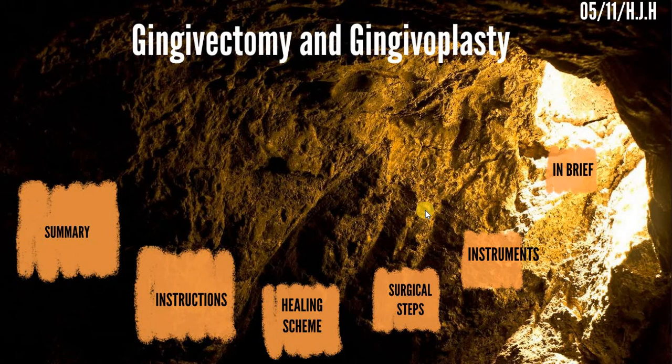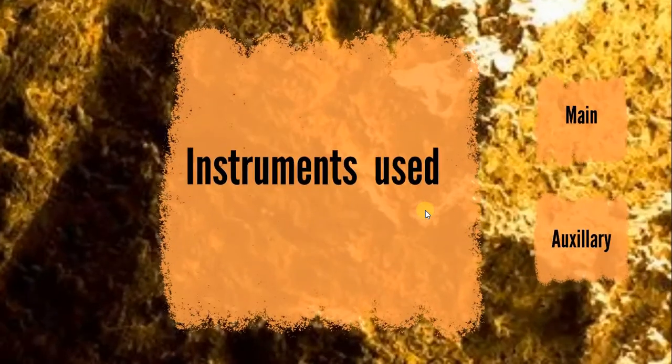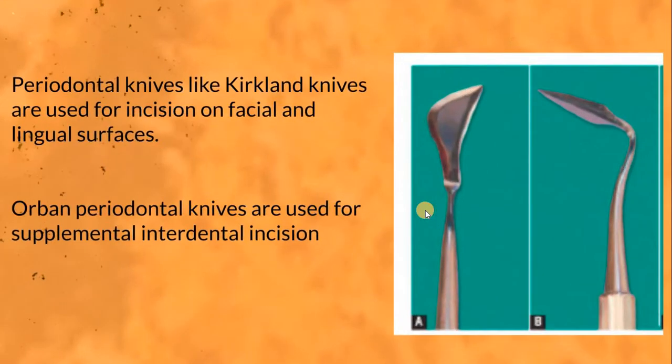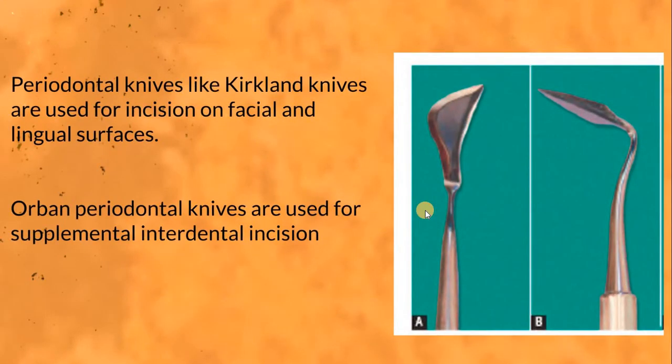This is, in brief, a definition, indication, and contraindications. You have many instruments that are used for performing a gingivectomy. One of them is laser. I didn't mention it here, but the main instrument we can usually use is a blade. Nowadays we are using the Parker handle number 3 and the blade number 15 to perform the